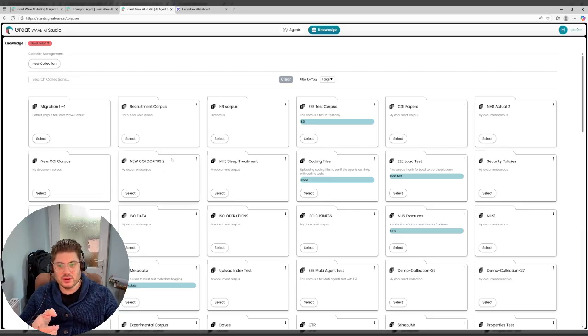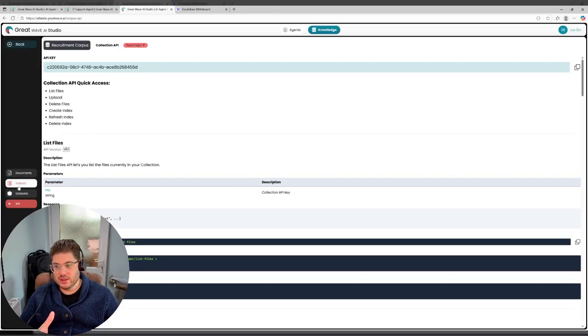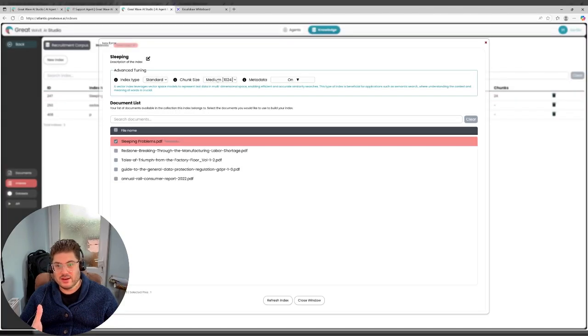And finally, on the knowledge side, we've got the ability, as I mentioned, of retrieving using your information, following an API architecture here. We've got, critically, the ability to configure indexes in very, very different ways. And this is paramount because with the type of data you want to feed your AI agent, there is a good and a bad way of doing it. And you need to test what good and bad looks like through trial and error. And the only way you can do that is either by being able to choose these options here or code something up. And that's, again, a bit of a differentiation for us.